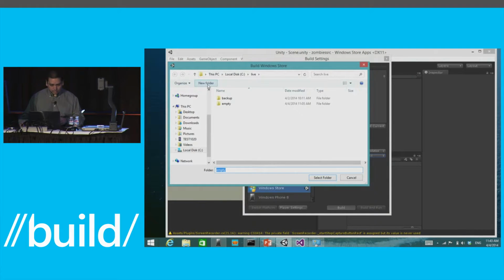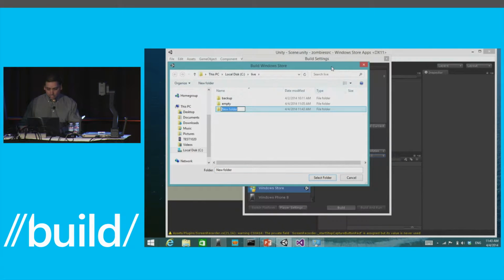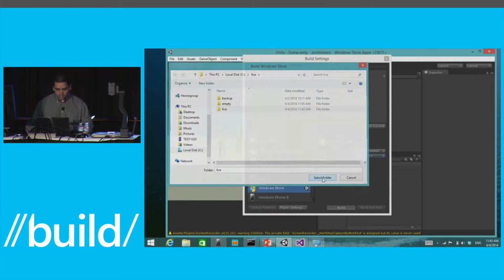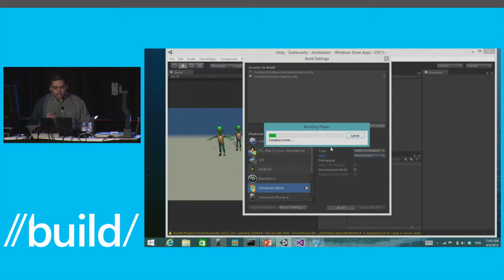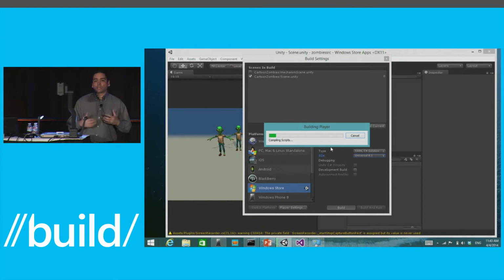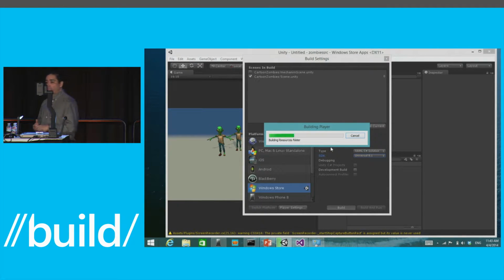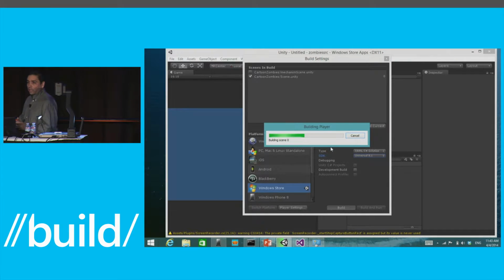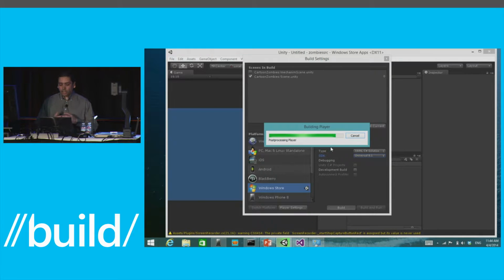And let's just create an empty folder right here. So I'm just going to call it new live. Now we have a live folder. And what it's going to do right now, it's actually going through the solution, and it's building the way Unity normally builds, but it's now going to output a solution that will target a universal project, just like the one I showed you earlier for our Fall Fury project. So this is going to take a minute.